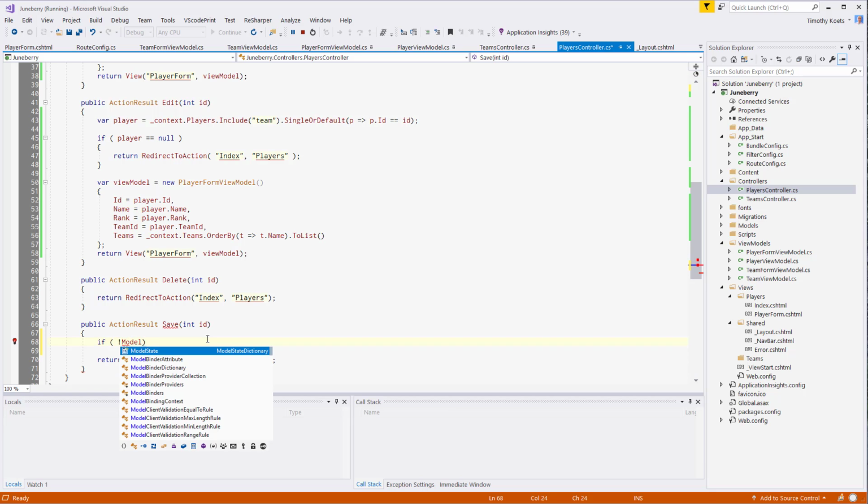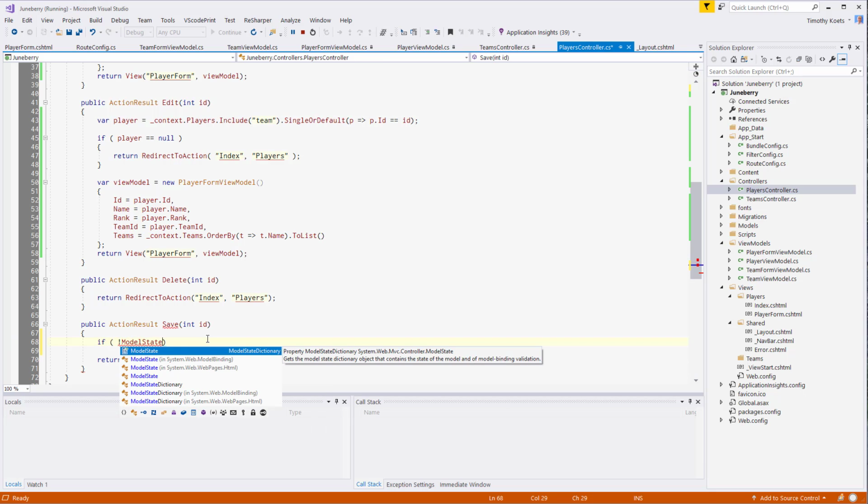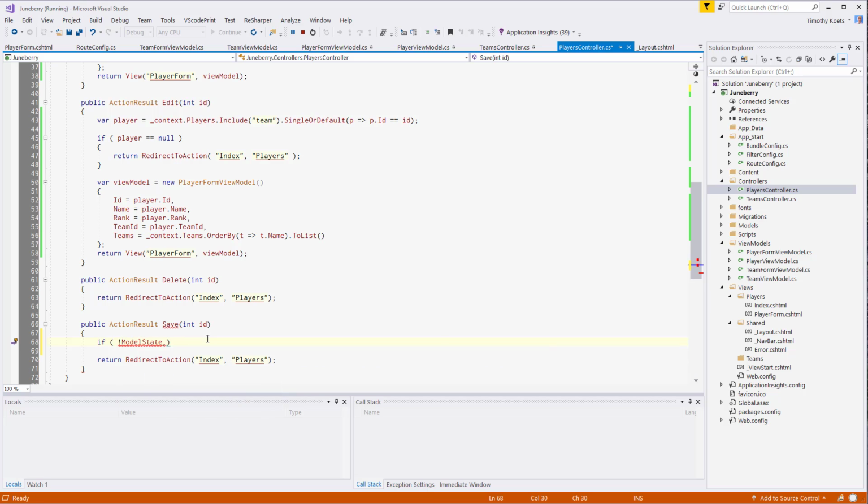There's a model state property of the controller which automatically links to the view and tells you if the data on the view is legit, if it's valid or not. So all you have to do is read this IsValid property. And if it's not valid, then what we want to do is go right back to the place they were at. And because everything is bound, all you really need to do here is repopulate the teams